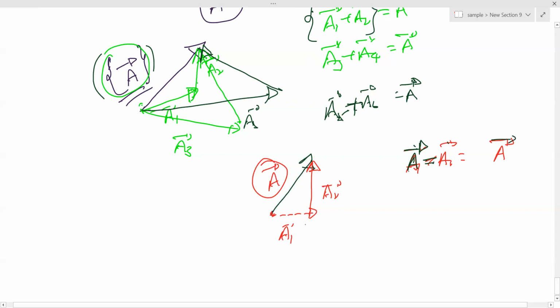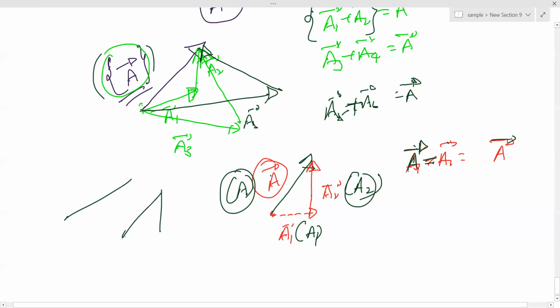Yes, sir. Now, A1 magnitude I can represent as small a, simple A1, and A2 magnitude as simple A2. Like this, A vector's magnitude I can write as simple A. So the magnitude will be represented by the length, I told you, right? Now you carefully observe. From this right angle triangle, you can remove the arrows and find. Can you represent the lengths like a right angle triangle or not?